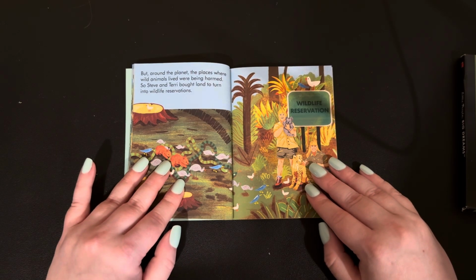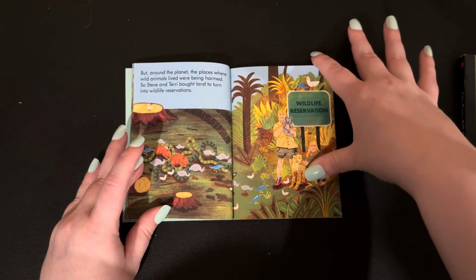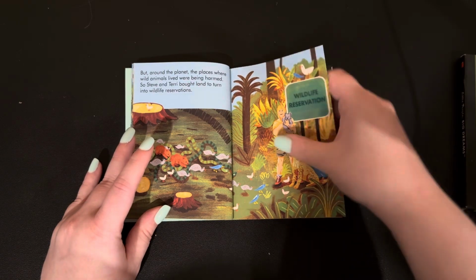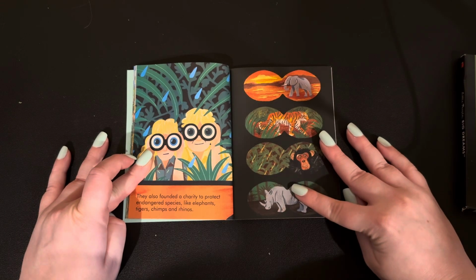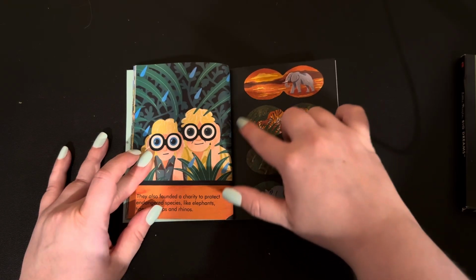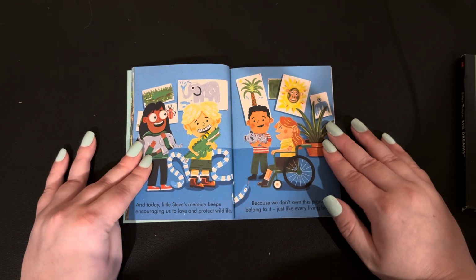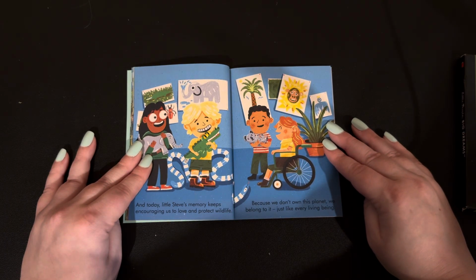But around the planet, the places where wild animals lived were being harmed, so Steve and Terry bought land to turn into wildlife reservations. And there they are, standing in front of the sign that says Wildlife Reservation. They also founded a charity to protect endangered species like elephants, tigers, chimps, and rhinos. That's a cool shot. Like we're seeing them through their binoculars. And today, little Steve's memory keeps encouraging us to love and protect wildlife, because we don't own this planet, we belong to it, just like